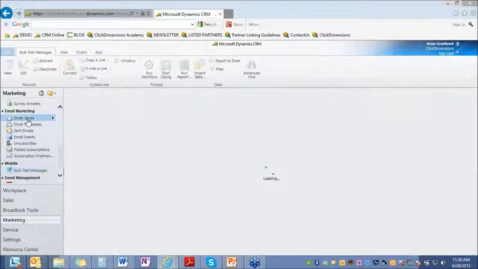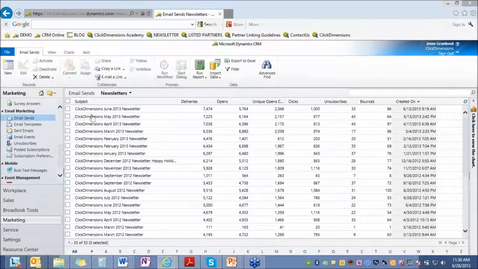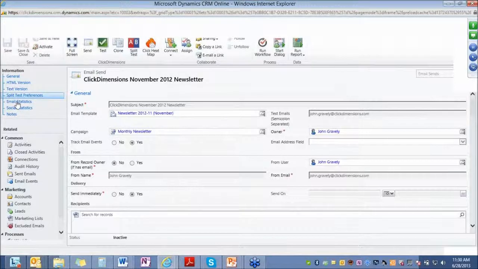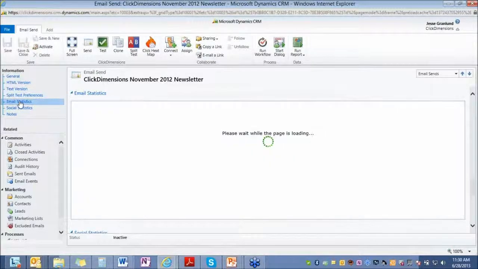This is where you're going to be able to see a record for all of the emails that you sent through ClickDimensions with statistics on deliveries, opens, unique opens, clicks, unsubscribes. And if I go into any of these records, I can get a little bit more on statistics. If I want to see this in a more graphical way, click over here with the email statistics, and you can see a visual